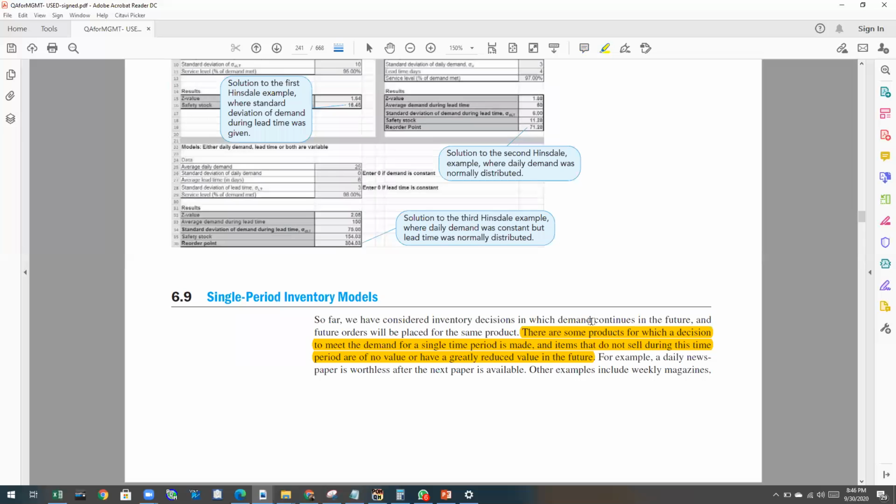In other words, there will continue to be demands, and so the company or entity will continue to place orders for the same product. But what if there is no certainty about future demand,